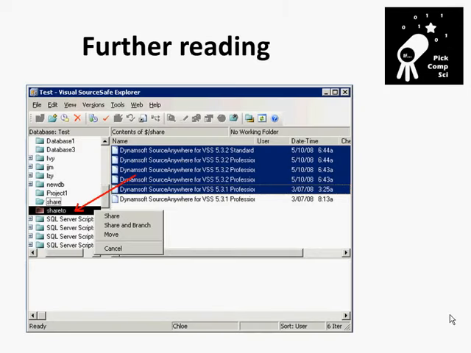Some further reading for you now will of course be for you to try out these debugging tools in VB.NET, but also maybe to find out about some of the other facilities that IDEs offer, such as version control,